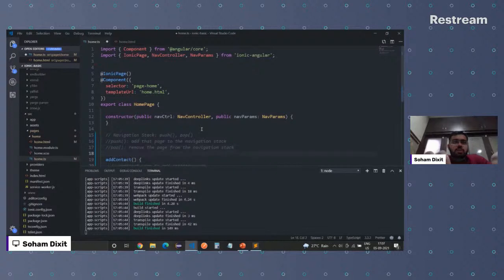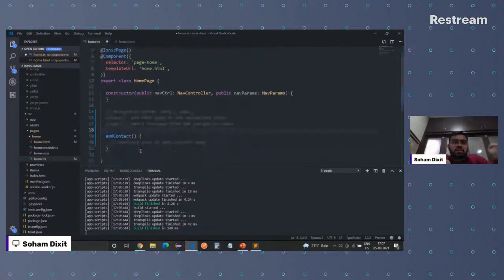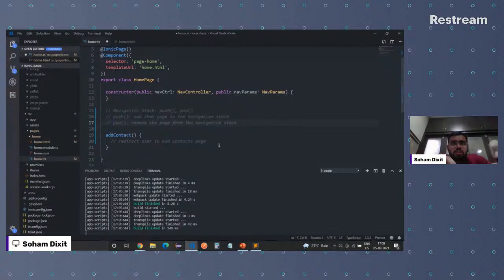We are going to make use of these two methods. There are other methods as well, but I'll limit the content of this workshop to these two methods, push and pop.